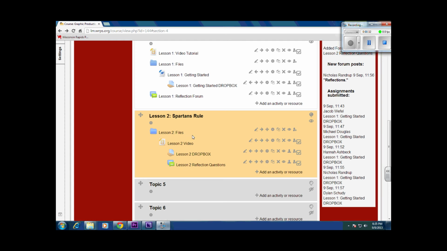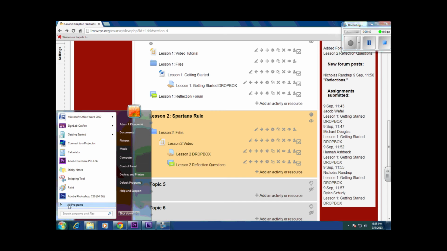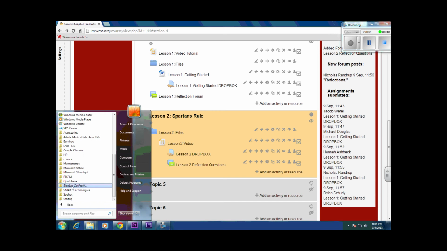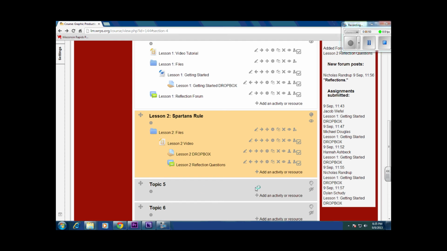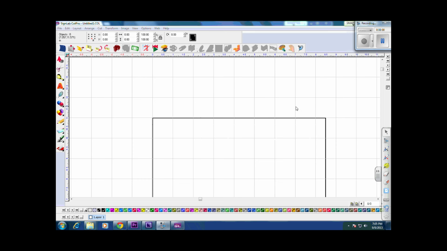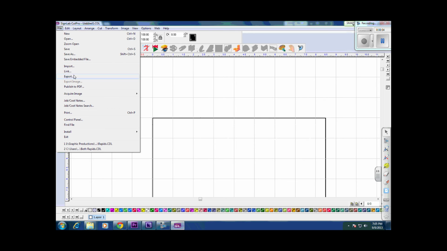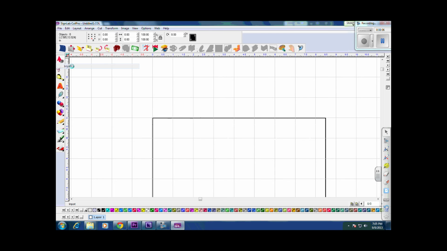If you have not done so, open SignLab now by going to the lower Windows logo, up to all programs, and SignLab Cut Pro 9.1. Then click on SignLab Cut Pro. Now that you're in SignLab, go over to File, click on Import,